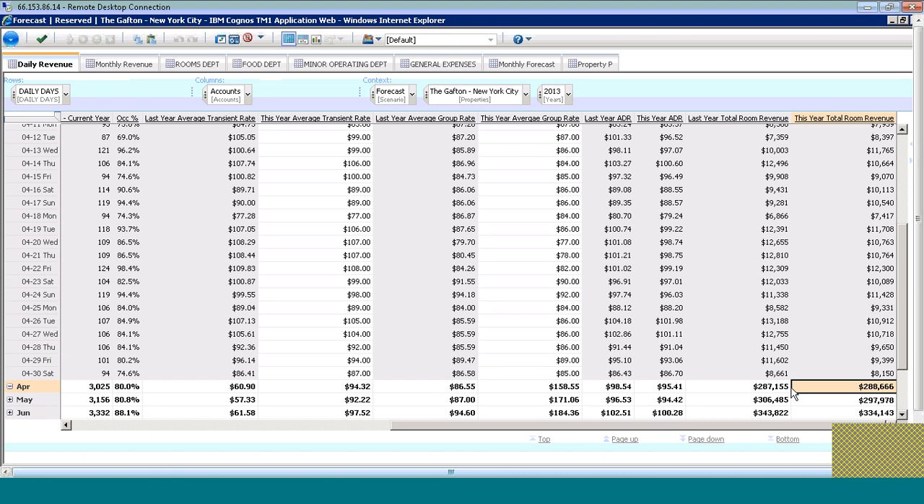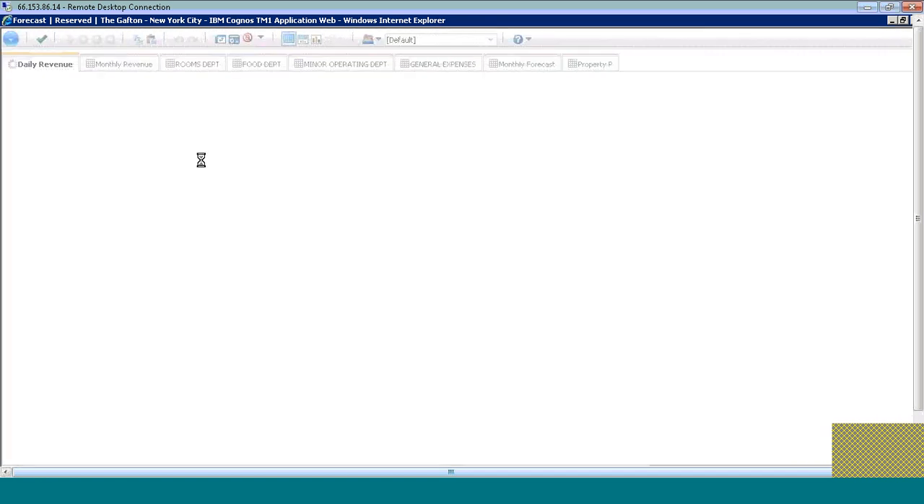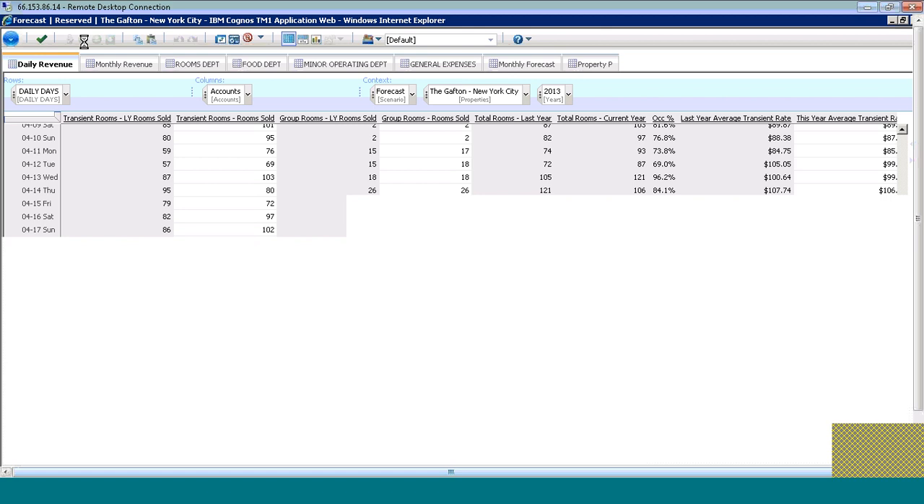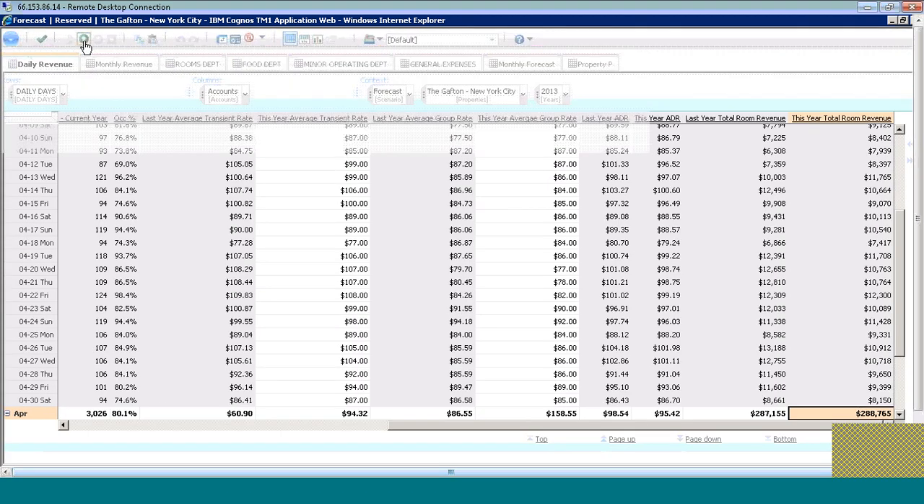So basically, I can come in here to any of these tabs, make the adjustments to my forecast. And if I want to go ahead and submit that forecast to my manager, simply all that I would do is first you save it by clicking on the green check mark icon. And then I would come out here and actually submit using the submit button. When I click on submit,